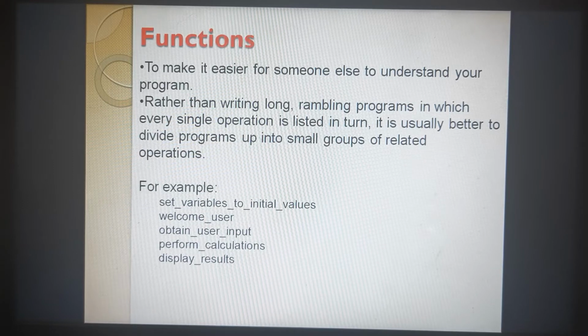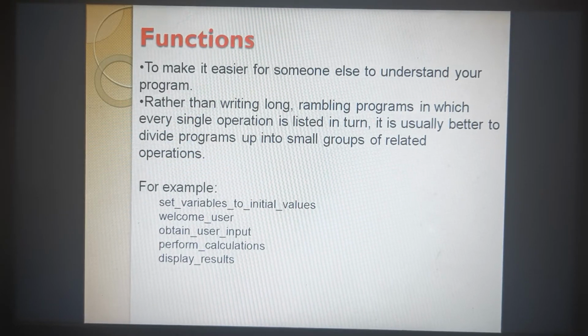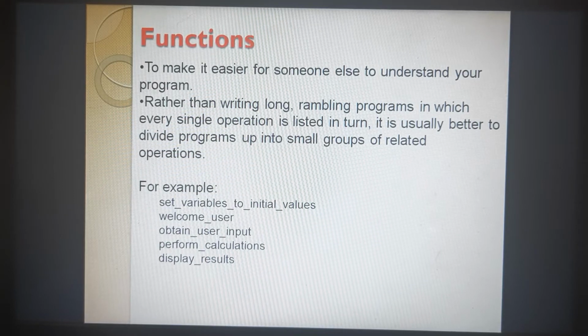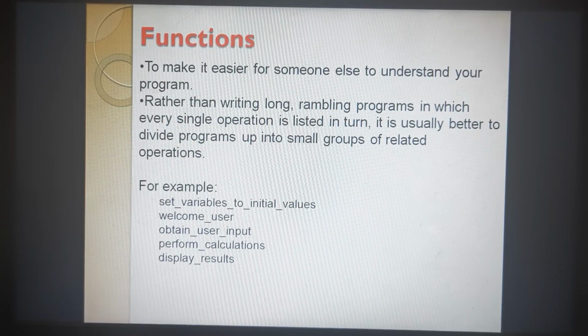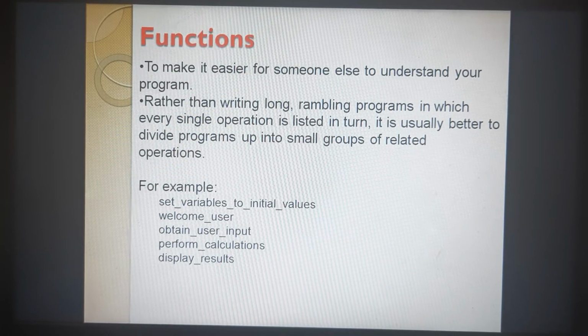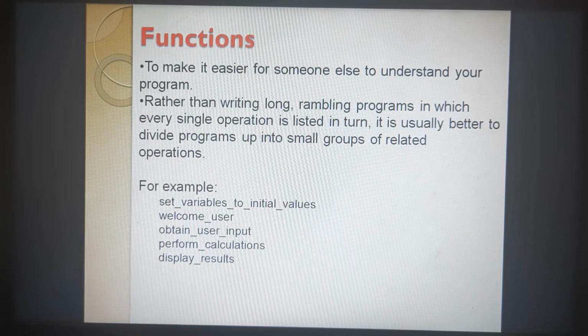Many users log in, and all the users will get the same welcome form. So that is the welcome user function. Obtain user input, perform calculations, display results. This is for all the users. So multiple users, multiple times, the screen can appear and the code can execute, but the function is written only once in a program.